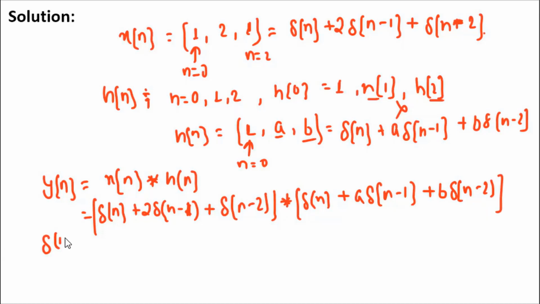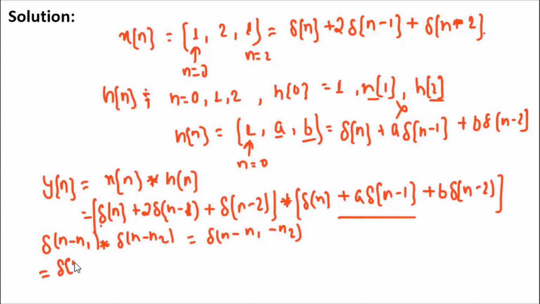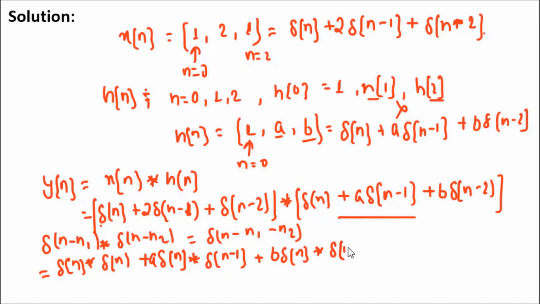Using the property for convolving delta of n minus n1 with delta of n minus n2, you can convolve these three impulses with those three impulses. You get delta of n convolved with delta of n, plus a times delta of n convolved with delta of n minus 1, plus b times delta of n convolved with delta of n minus 2,